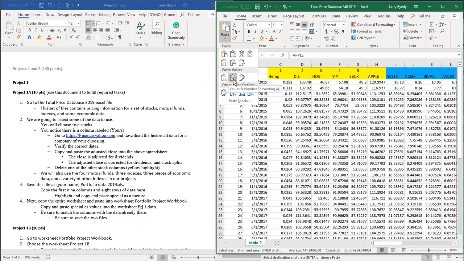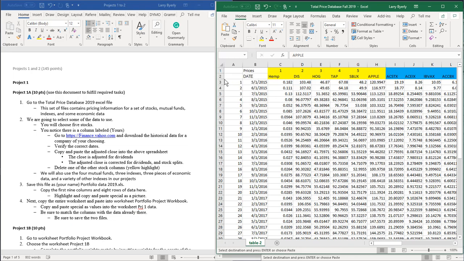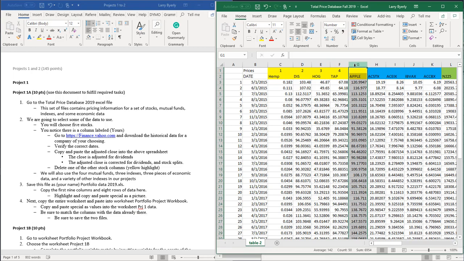Make sure that it shows up the way you want. You can choose any of these, but this is the one we want to do. Choose, paste it as a value. So now we have Apple stock in there. What you need to do now, though, is figure out which one of these other 5 you want to delete. So in this case, let's say you didn't want to do Starbucks. Then you would just delete that column, and now we have all the data that you need for this